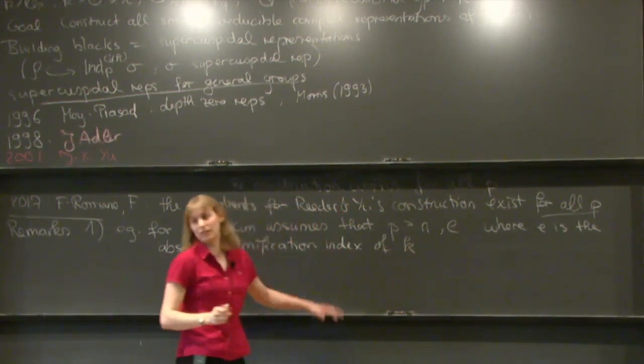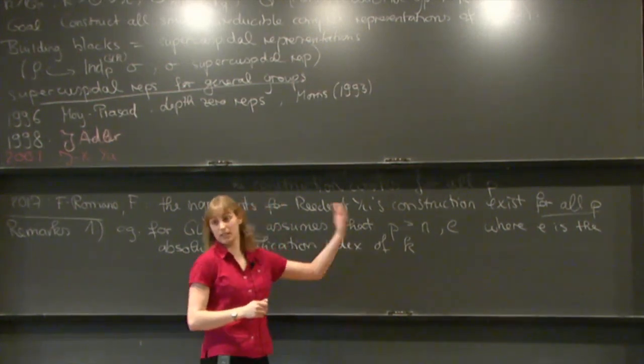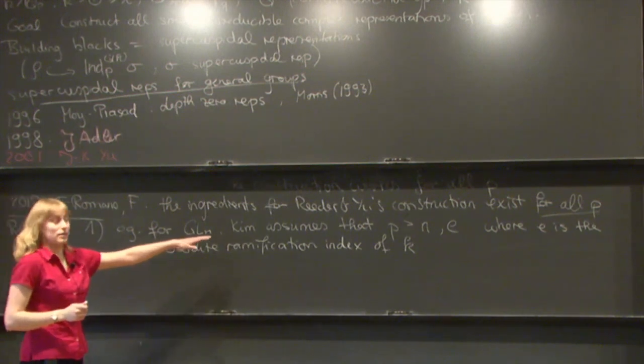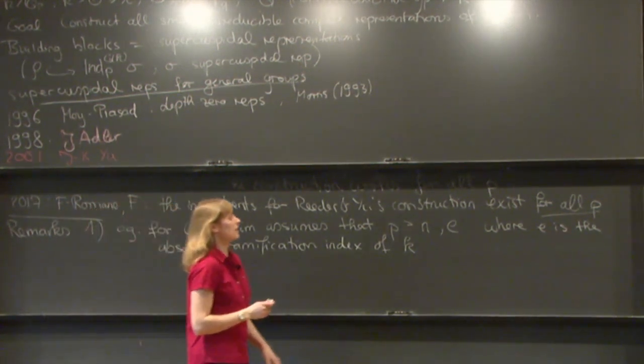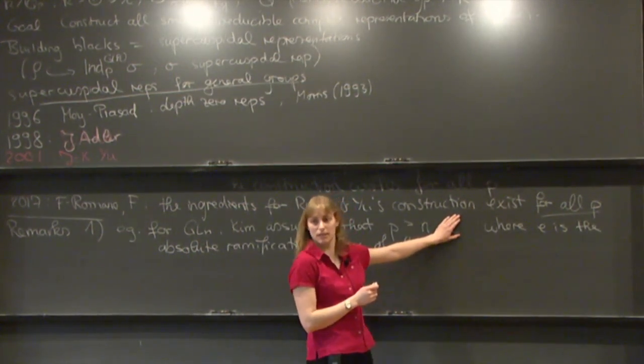So that means if you take a field K whose ramification index over Q_p is very large, then Julie Kim excludes a lot of primes. So it depends on the field she chooses. While what I exclude is just the first part. I just exclude all the primes that are smaller or equal to n.